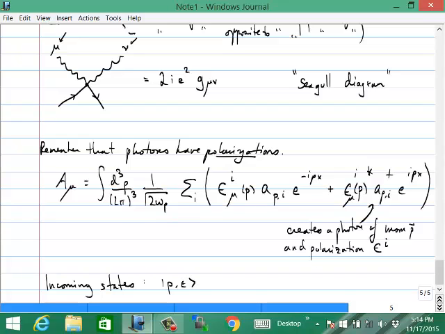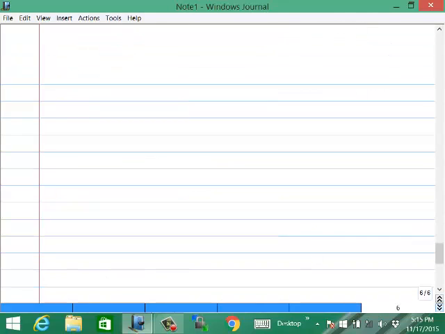If I wanted to do this super carefully, in complete detail, what I would do now is go back to the LSZ formula, which I remind you was the formula that we used to turn position space correlation functions into scattering amplitudes. I don't want to do that because, first of all, it's sort of boring, and you can just essentially guess what the answer is if you think about it. The point is really that